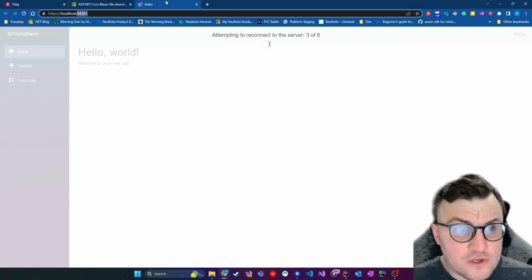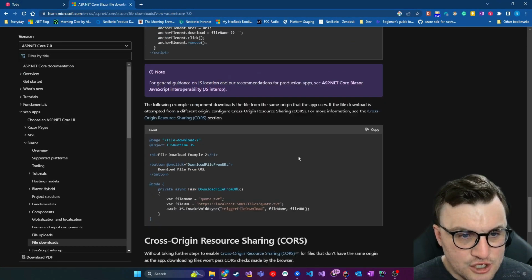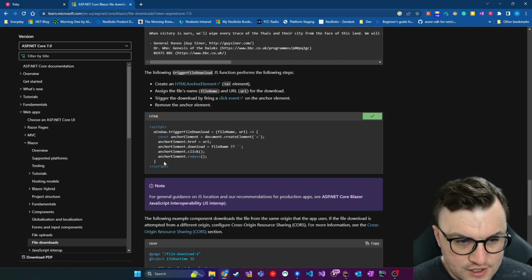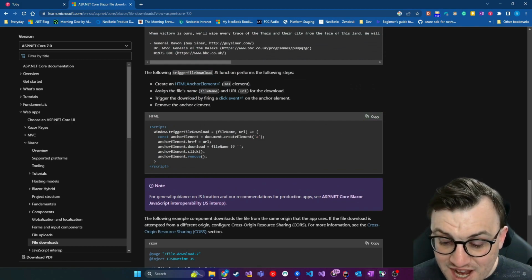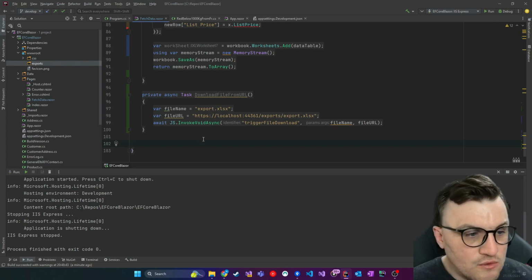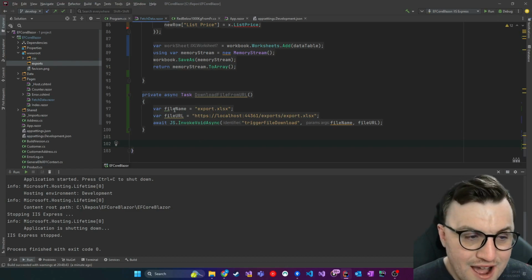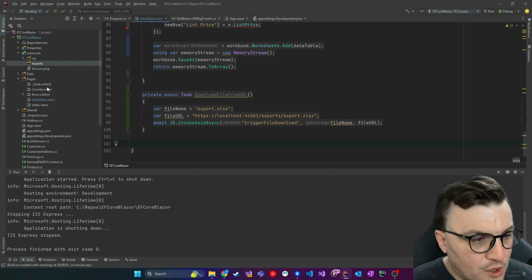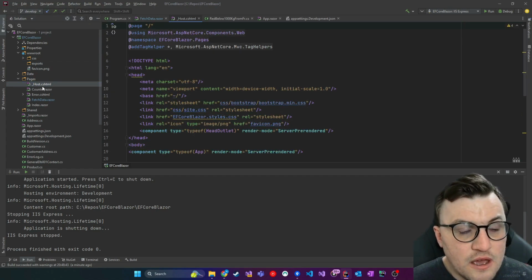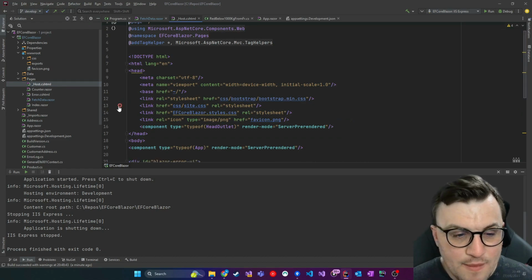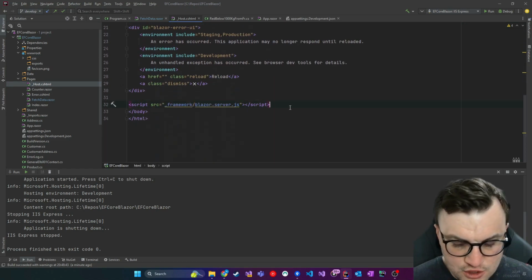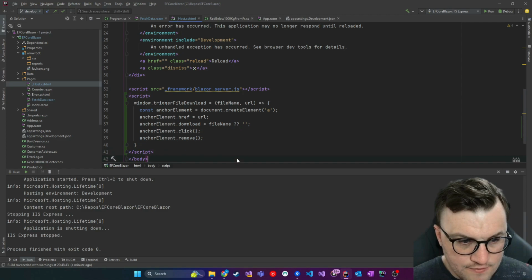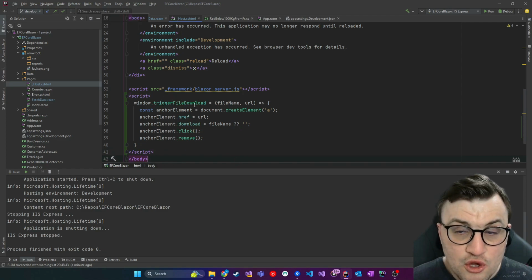I go over to documentation and just copy out this script that we referenced. What I'm going to have to do is actually put it into a static place where it can be accessed, and that's unfortunately not a Razor page. So I'm going to put it in the host file because it's a CSHTML page, and I should be able to just drop it in here. So that means I should then be able to call this from my C#